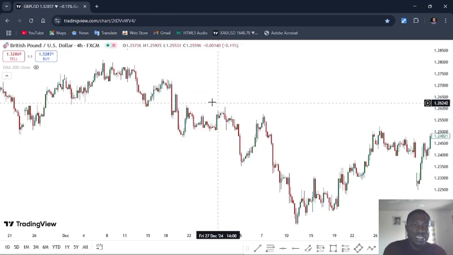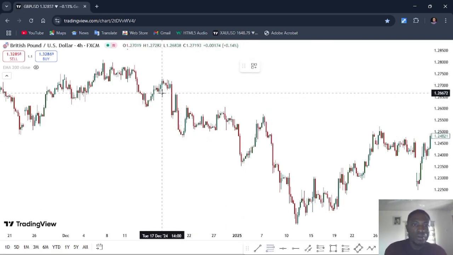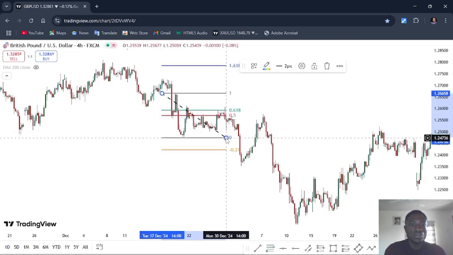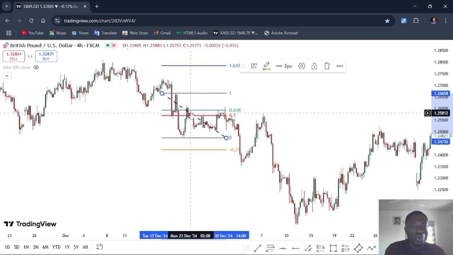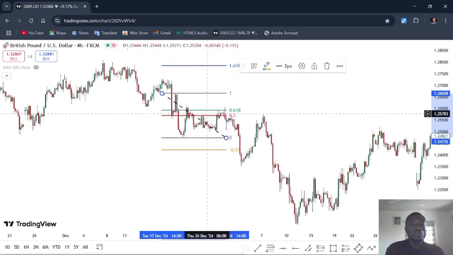Now this is the new high price has created, and this is the new low price has created. If I pick it up, drag and drop, you can see that price came into our golden ratio. Though it consolidated there for a while, it still dropped. That is how powerful the Fibonacci tool is. Now that you have been able to see how it works